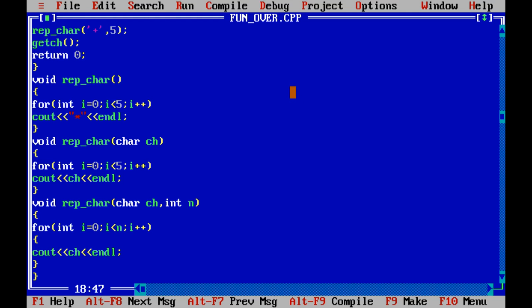Right? Is it clear? The first one, star, is with no arguments, repeat char without arguments, and equals to is with one character. Okay, and plus is with two arguments, plus and 5. You can change these values, but then we cannot see these three functions' outputs on the screen. If you change the number of times the particular character has to be repeated, if you want you can. For example, if here I want to change this as 10,